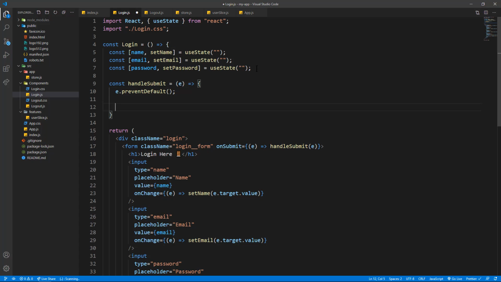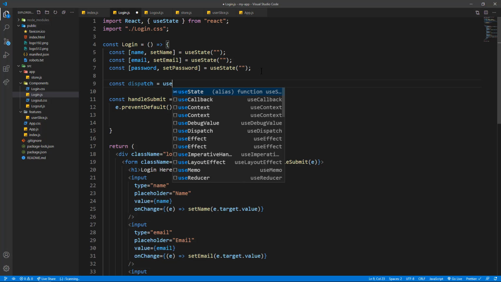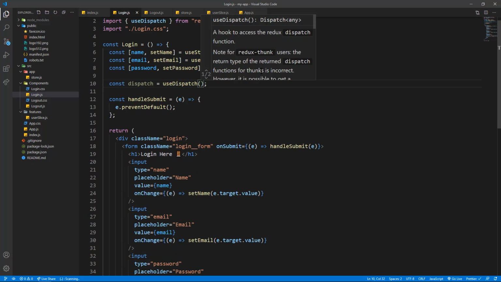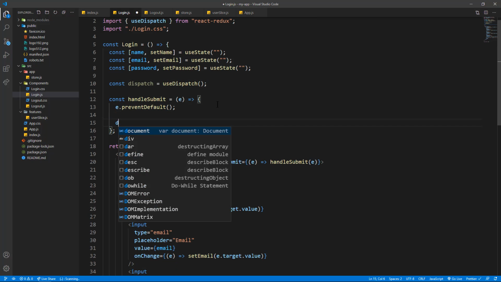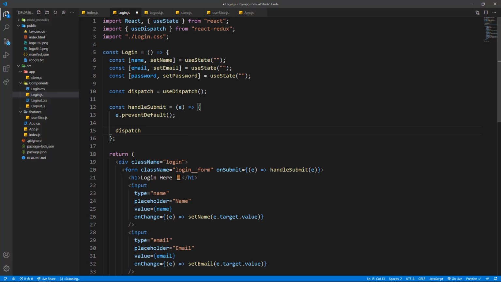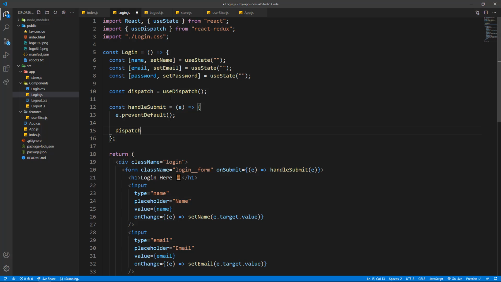And now the basic things that you want to do is outside of this function, you want to say const dispatch will be equals to useDispatch. Okay, so right after that you want to dispatch, meaning you want to input some data into some reducer, right? Some slice or reducer. So this is the reducer that we have, and we're going to dispatch into the login. So dispatch, and you just put login,